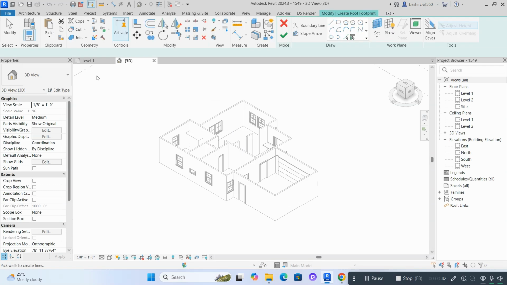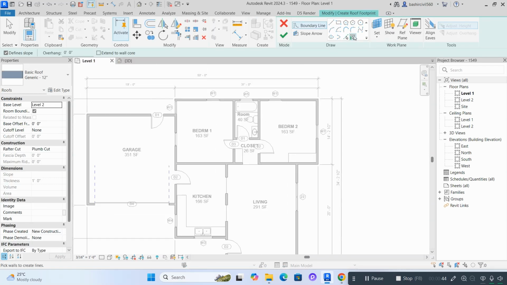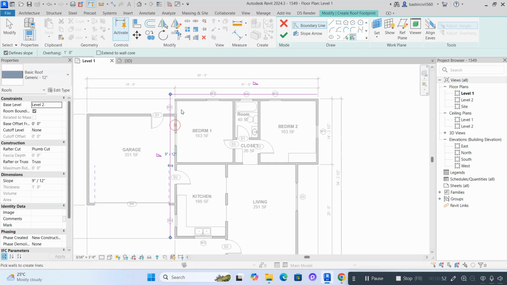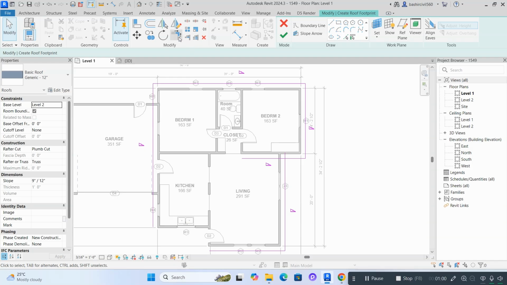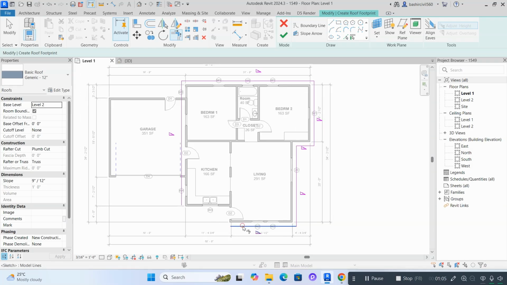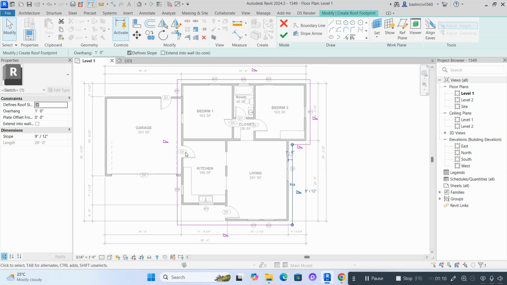We will choose the level 2, and by going to the level 1 we will pick the profile. So I am going to pick the walls and give an overhang of 1 feet. I will choose the trim and extend command. RTR is the shortcut for this to trim the edges. Now for this side and this side as well as this one, the roof is up, so I will uncheck the define slope,